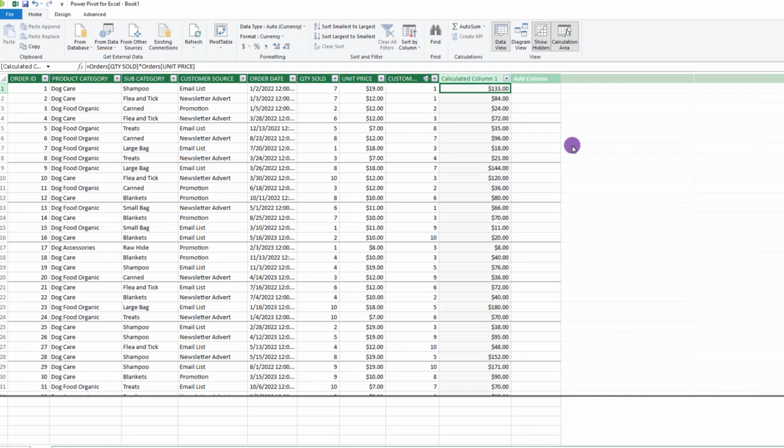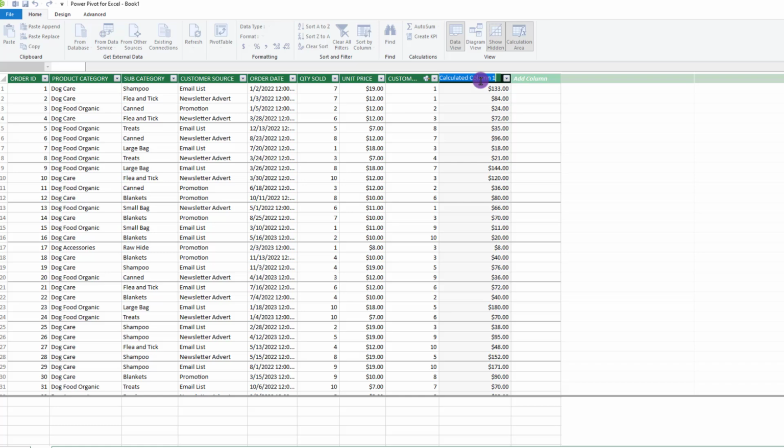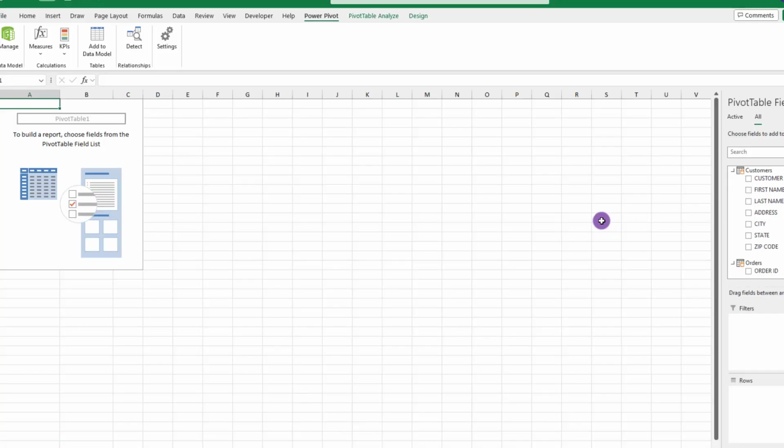numbers. So the next step is to change the column heading, and we can do that by going up here and doing a double click on the label, and we can type in what we want. In this case, let's go with sales. So now we're done in PowerPivot, and we can go up here and just close out and go back into